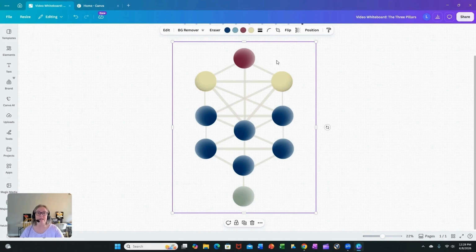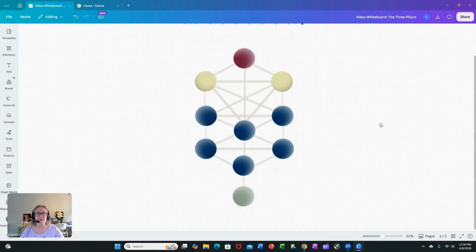It's made up of 10 Sefirot. It's arranged both in dyads, pairs, it's arranged in triads, but it's also arranged in what we're going to look at today, which is 3 pillars. The 3 pillars represent the different energies in creation and how they work, how they interweave, and how we can utilize them. So first we have this vertical pillar,